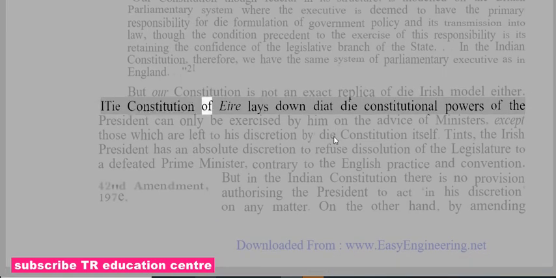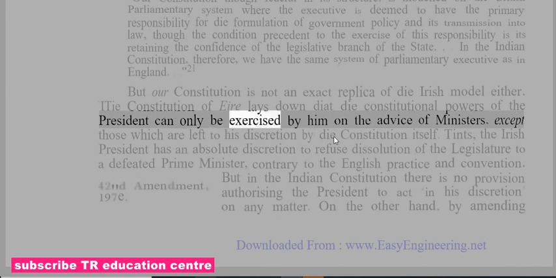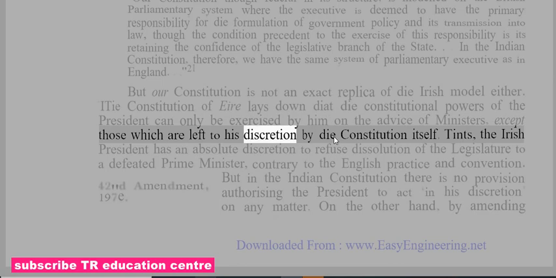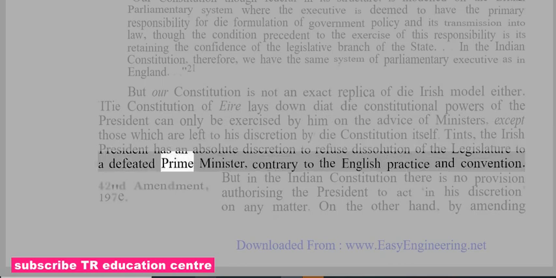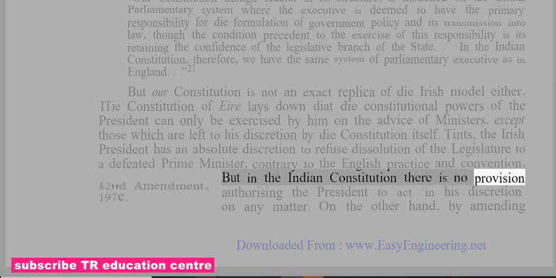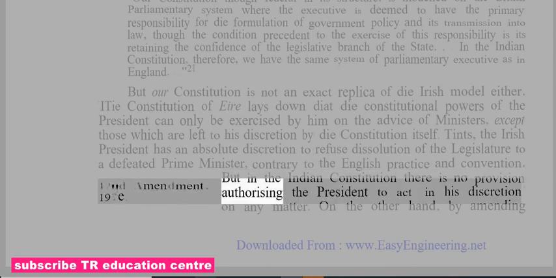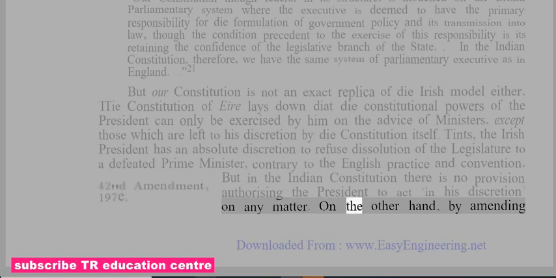The constitution of Ireland lays down that the constitutional powers of the president can only be exercised by him on the advice of ministers, except those which are left to his discretion by the constitution itself. The Irish president has an absolute discretion to refuse dissolution of the legislature to a defeated prime minister, contrary to the English practice and convention. But in the Indian constitution there is no provision authorizing the president to act in his discretion on any matter. On the other hand,